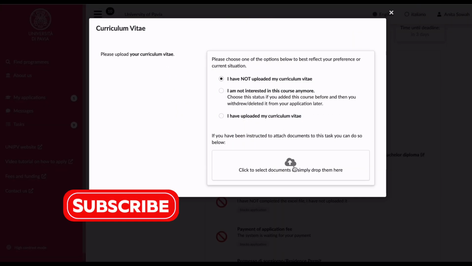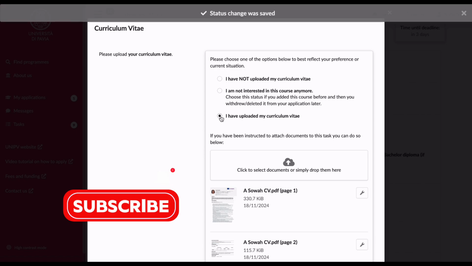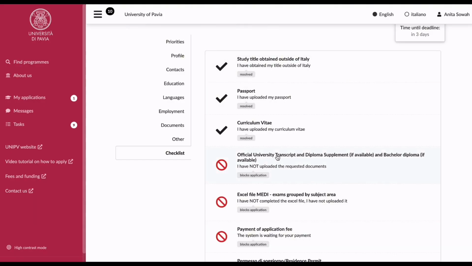your CV. Once it's uploaded, you click on this. Then you come to your official university transcript and diploma supplement, if available, and bachelor degree or diploma, if available. So here